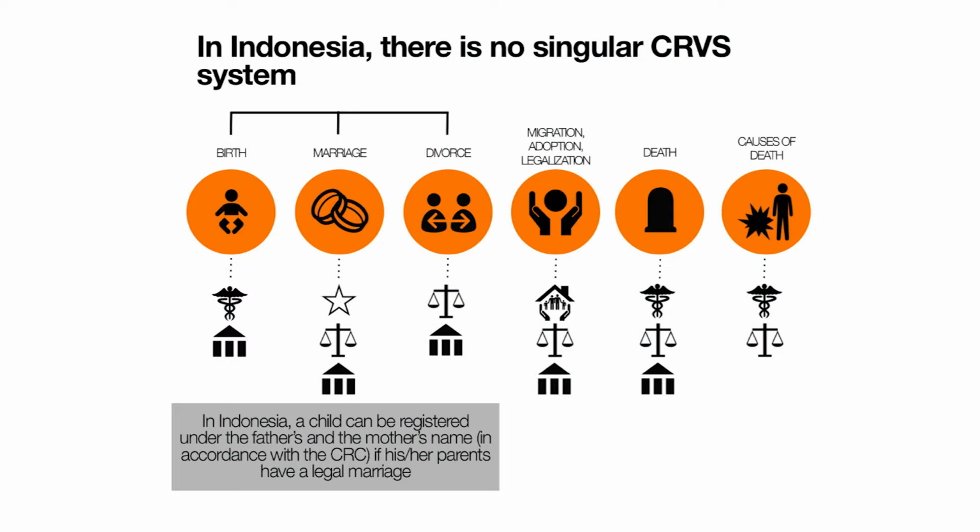The second main finding is that there is no singular CRVS system in this country. As you can see, each different vital event involves many different ministries. But overall, it's the Ministry of Home Affairs that has the authority to do civil registration. But in each event, there's a health ministry, a religious ministry, a justice ministry, a court, and a social affairs ministry,